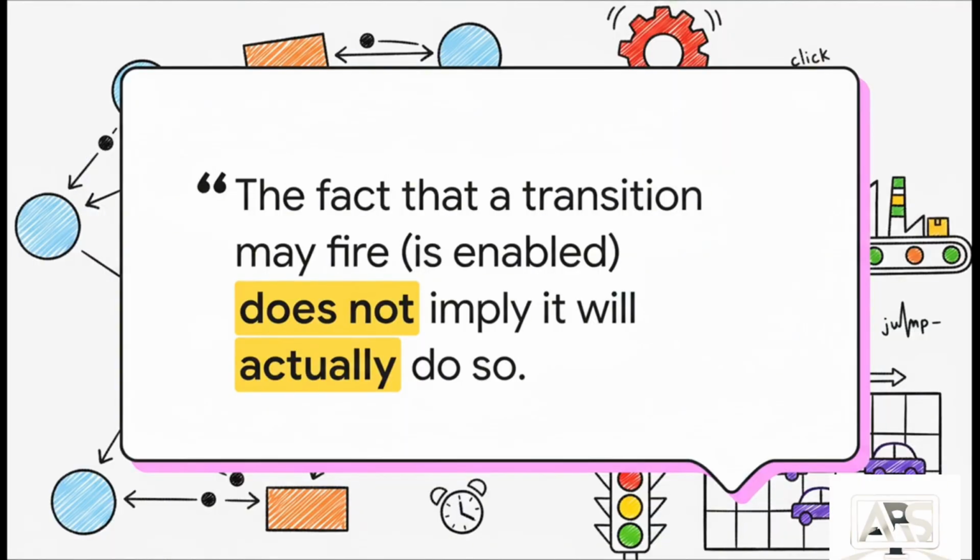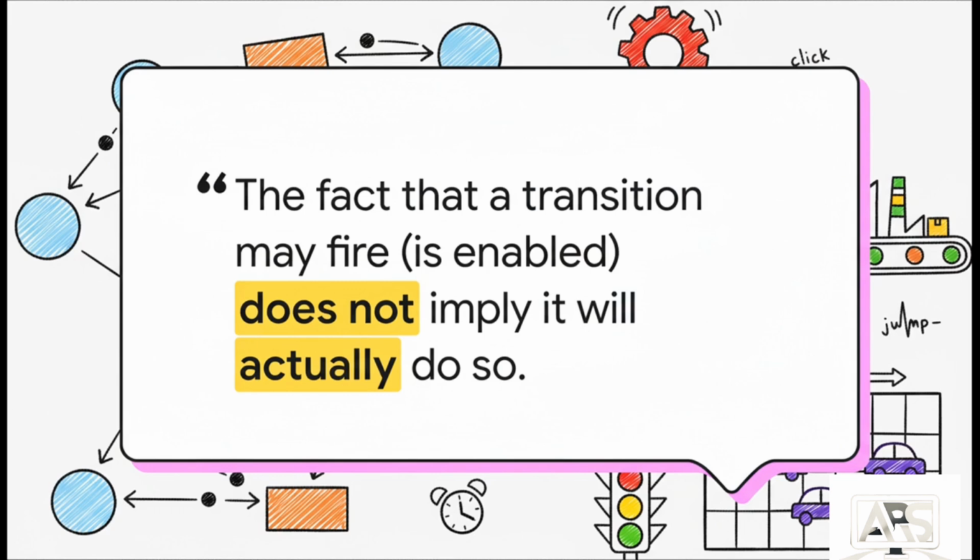Okay, but hang on. This is where it gets really interesting. Just because an action can happen doesn't mean it will. What if you have 2 people? They could team up to move 1 big desk, or they could each move a chair separately. See, now you have a choice. This introduces conflict into the system, which is what allows Petri Nets to model all the complex decision-making that happens in the real world.